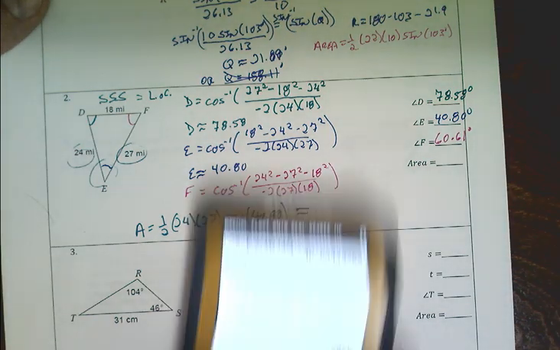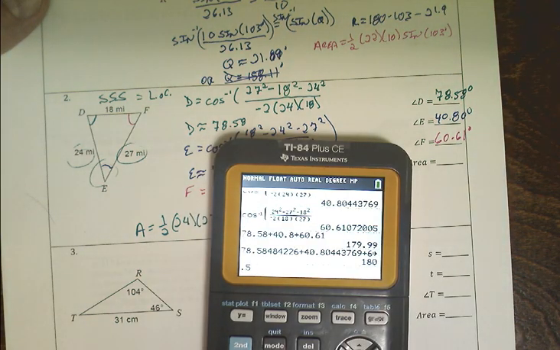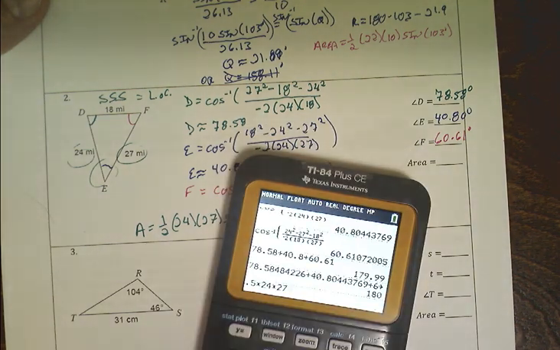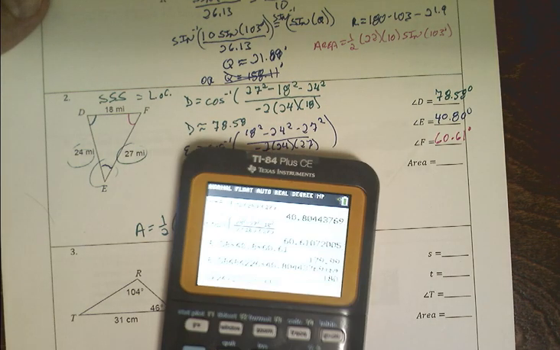And type this into the calculator. 1/2 times 24 times 27 sine of 40.8